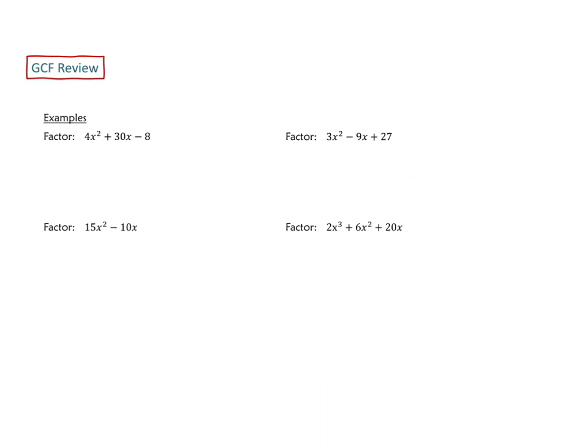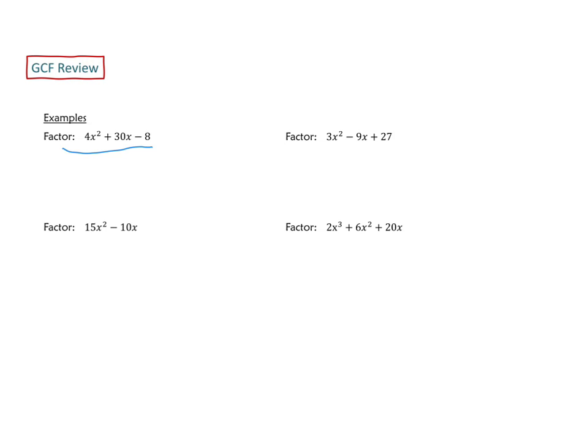All right, now we're going to do greatest common factor review. Greatest common factor is where sometimes we have trinomials that aren't factorable, except we can just pull out one number, and they're not factorable further than that. For instance, if we look at 4x squared